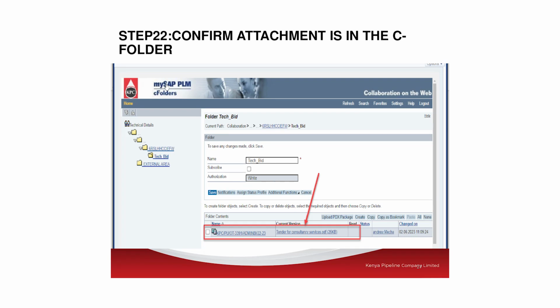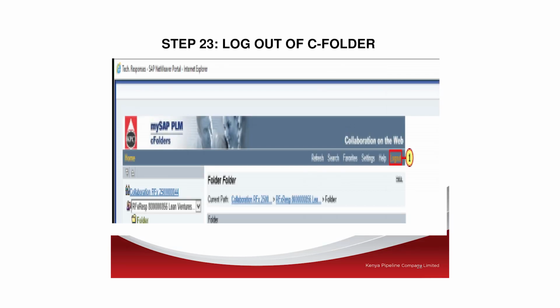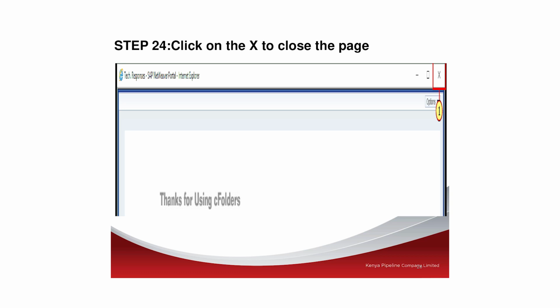You make sure it automatically takes you back itself. Don't interrupt, because sometimes your bid may be a bit huge and it may take some time. It needs some patience. So it takes you back to the table and you will see the document attached there. That is your tech bid. That you will have finished the process of uploading your tech bid, and now you need to upload your price